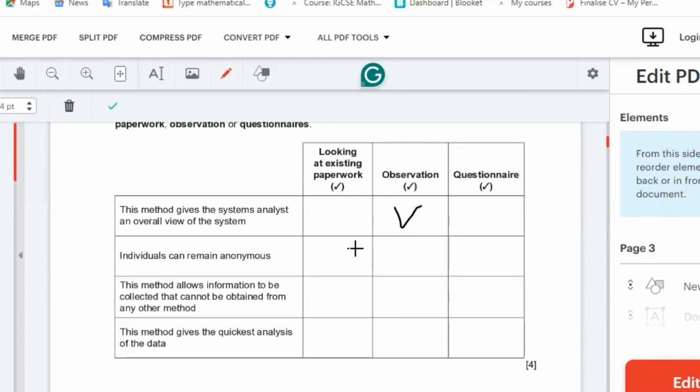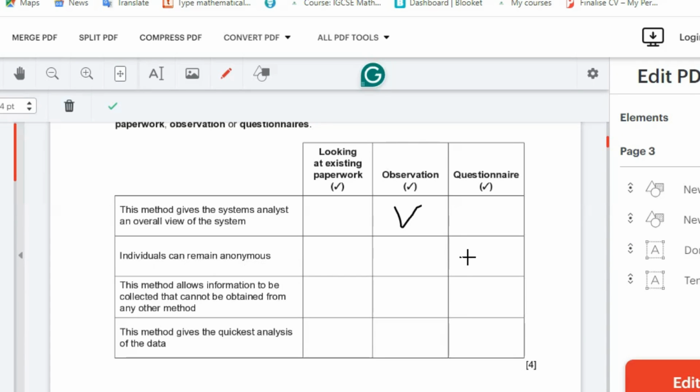We tick this. 2. Individuals can remain anonymous. It is questionnaire, because when you give questionnaire out, you might not know who answers the questionnaire, so they remain anonymous. This method allows information to be collected that cannot be obtained from any other method. It's looking at existing